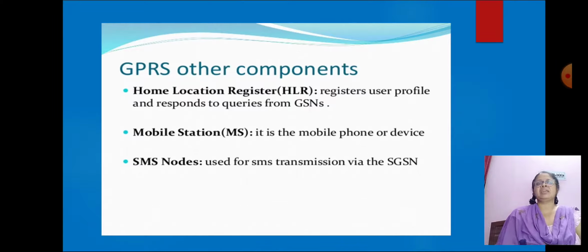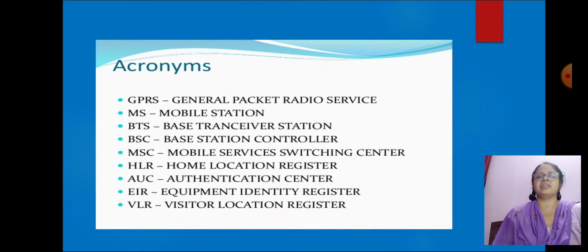The VLR carries out location registrations and updates. When a mobile station comes to a new MSC or VLR serving area, it must register itself in the VLR. In other words, we perform a location update. Also, a mobile station located in its own network is always registered in a VLR.